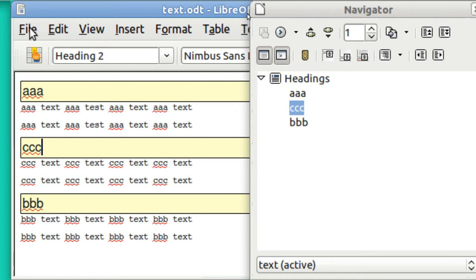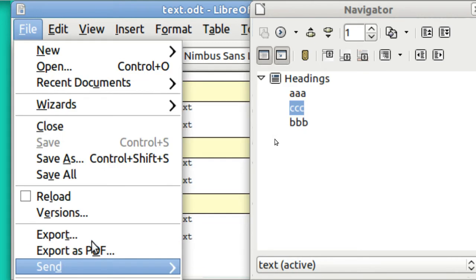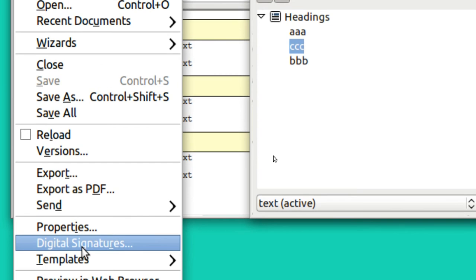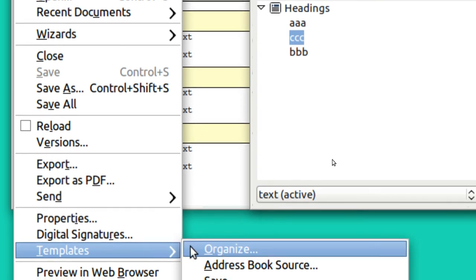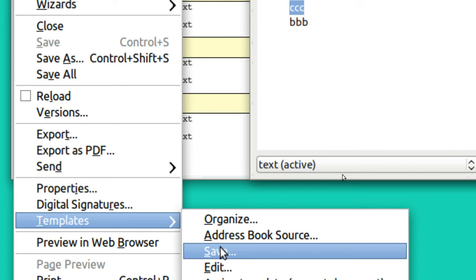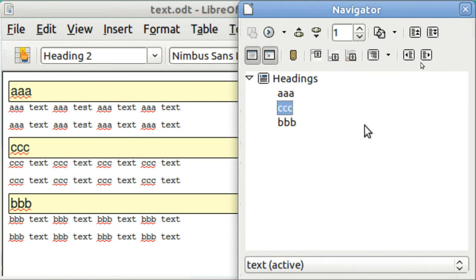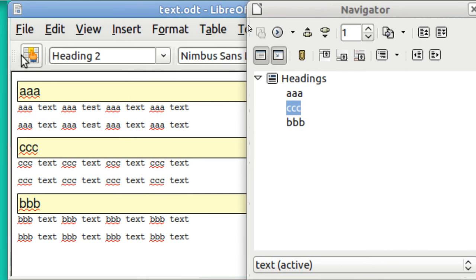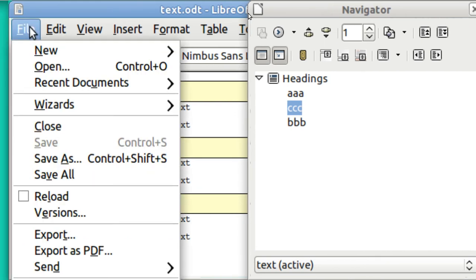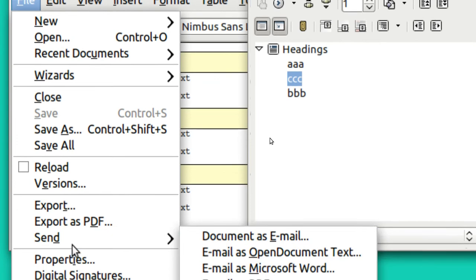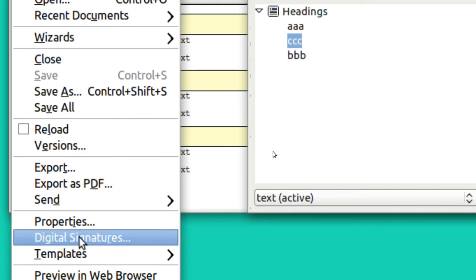You can go up here to File and down to Template, and when you go to Save, you're going to give it a name, which I did, and I called it Yellow Heading 2 with a box, and I saved it. Well, if you want to bring it back up, you can download an enhancement for LibreOffice Writer, and I have a prior video showing how to do that. And you go to Templates